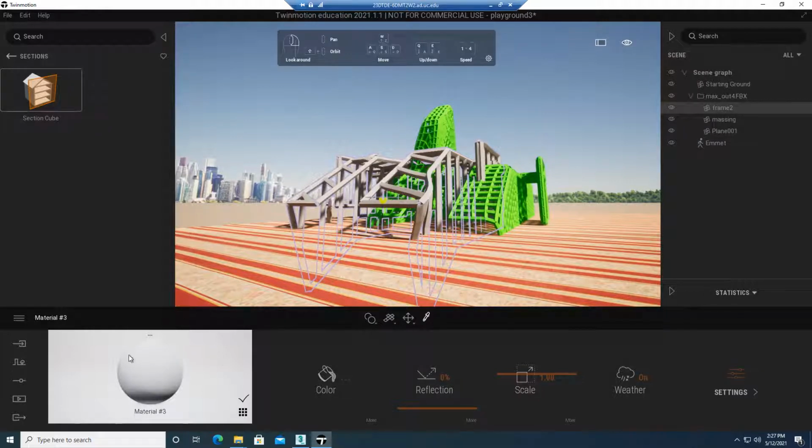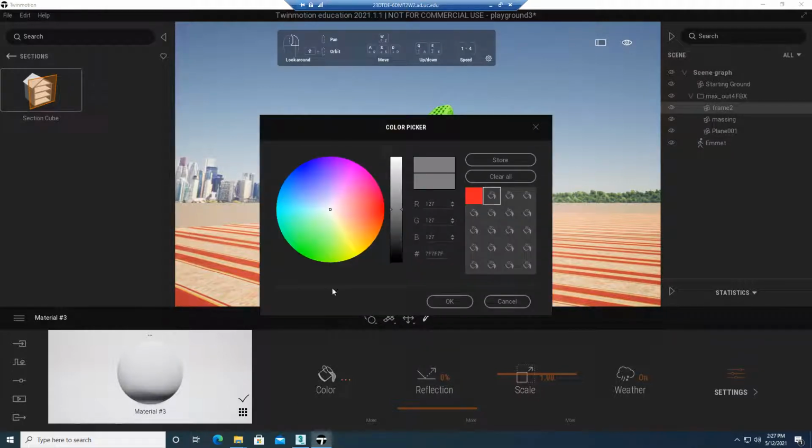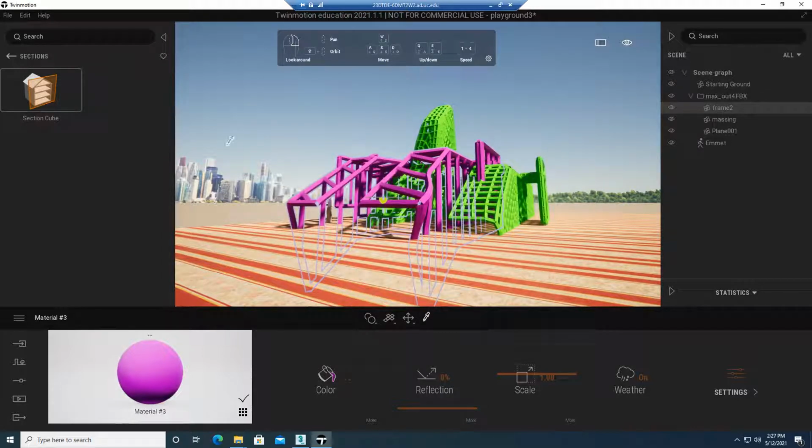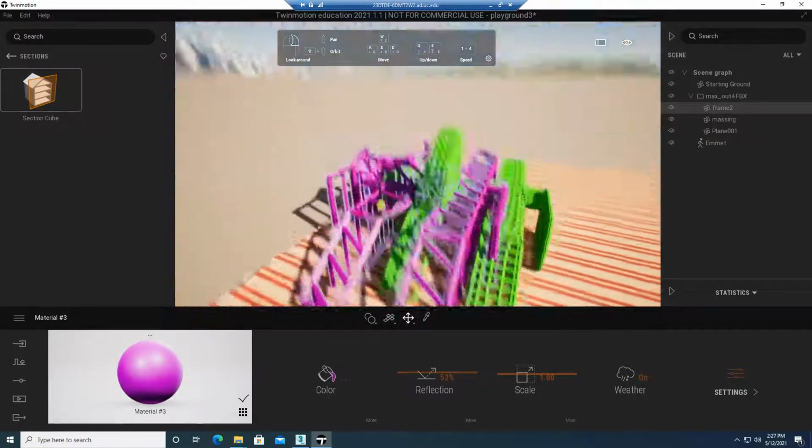Right? It's a gray color. You have the color. You can basically play with it. You can easily change the color here. You can play with reflections to make it a little bit like a metal. See the difference. You can change the scale. You can change the weather. But it doesn't really have a texture. So if I want to apply a new texture to this